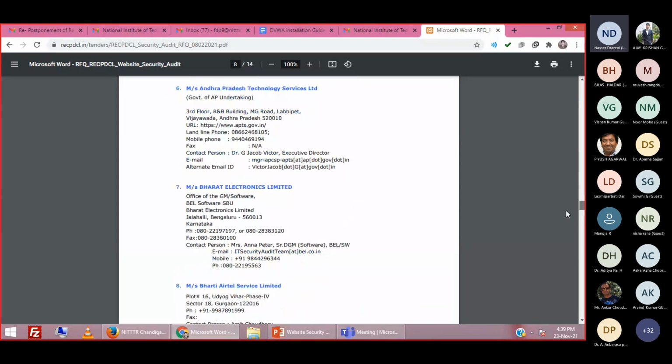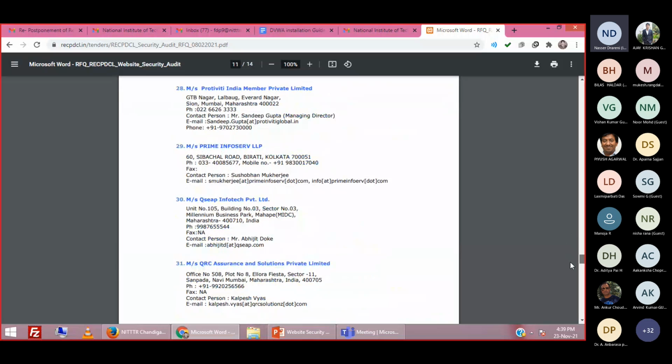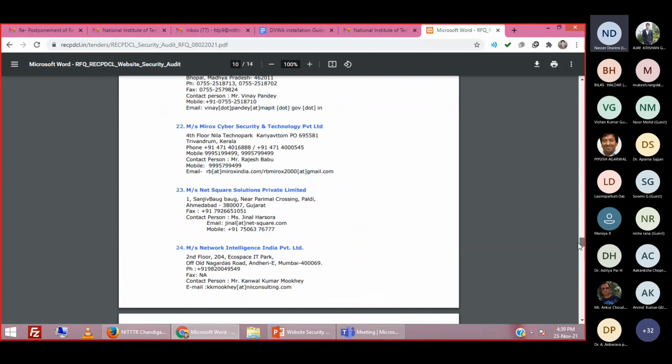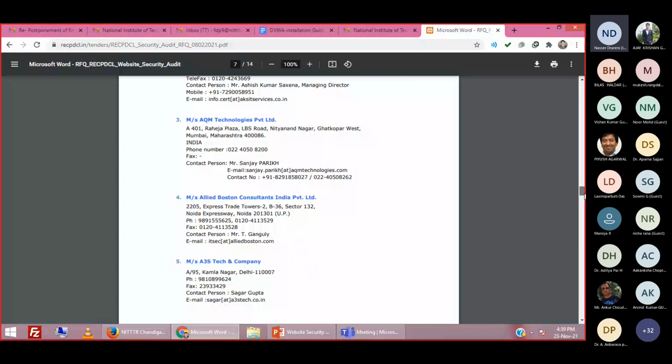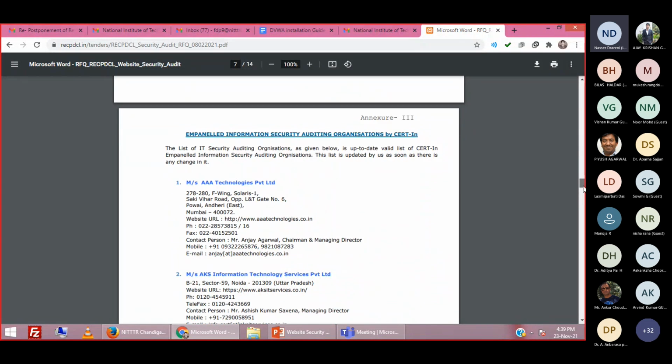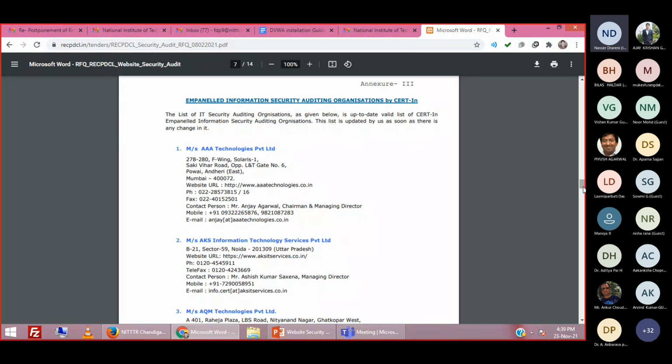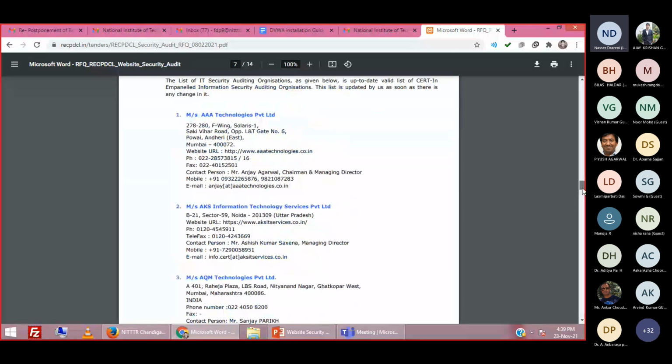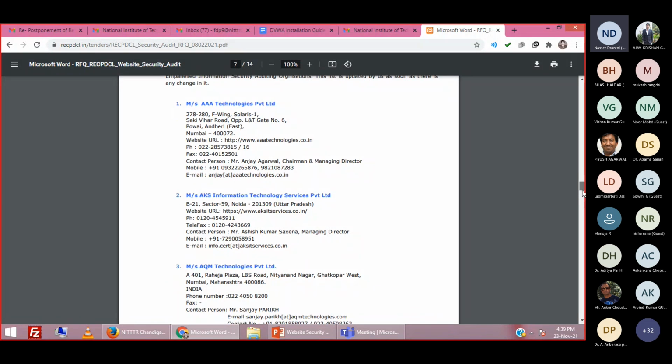So you have to select at least 9 to 10 auditors from this list. Why 9 to 10 auditors? Because you also have to check the financial side, right? You cannot give whatever money they ask, so you have to make this process competitive. You can choose at least 9 to 10 auditors located nearby your city, so that they will be accessible in case of any incident.